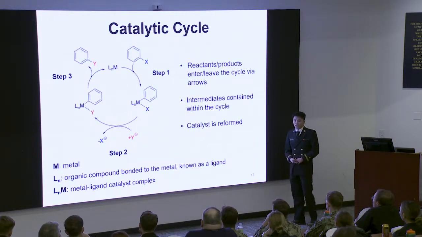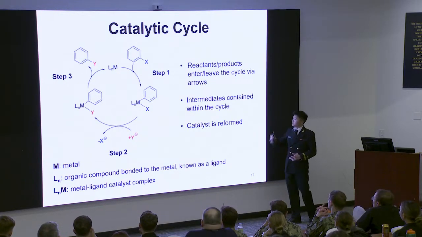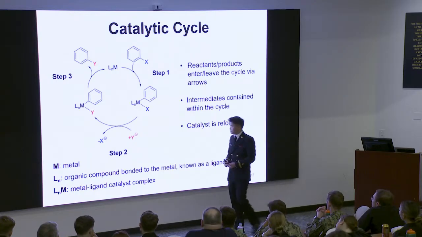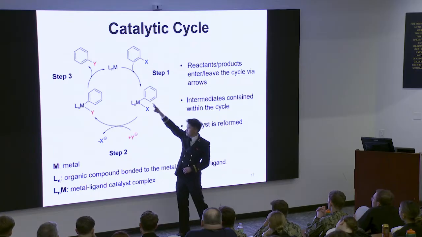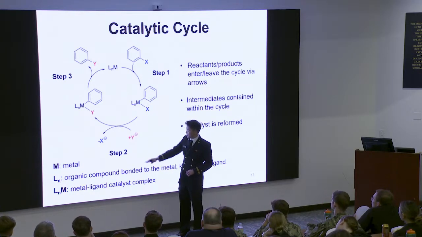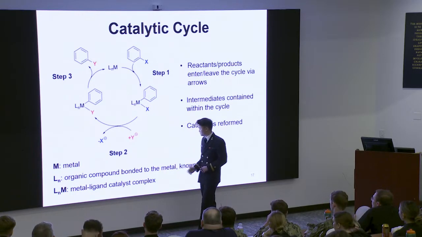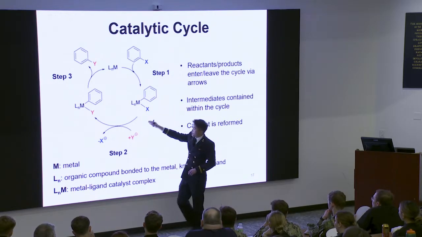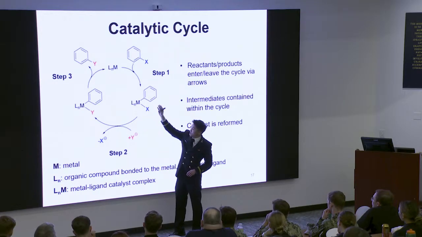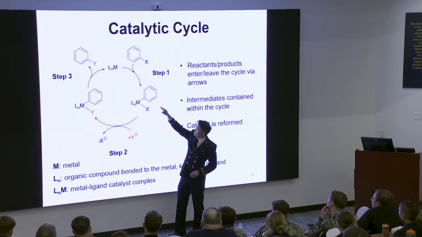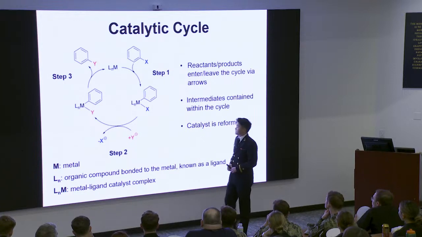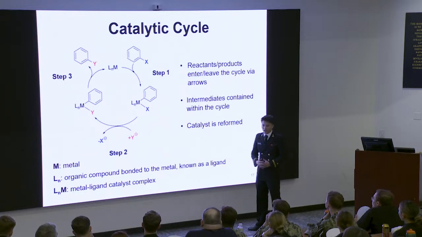A catalytic reaction can be illustrated by the catalytic cycle such as the one shown here, where an active metal catalyst complex is at the top, the M represents the metal, and the Ln represents the organic compound bound to the metal. A reactant enters the cycle and undergoes various changes in bonding, leaving the target product to exit the cycle and the catalyst behind to be used again. Although the metal catalyst can be recycled, it does have limited lifetimes.